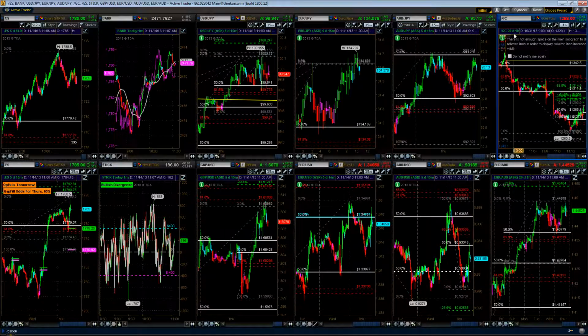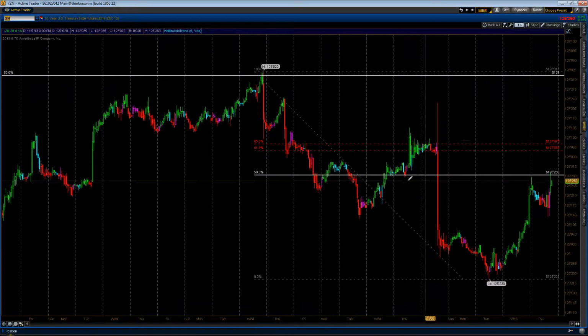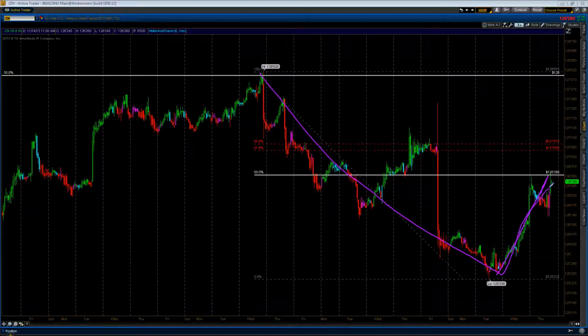For gold, let's take a look at the 10-year. Aussie Yen futures have rallied again up into their overnight last night. This is something that's important to me, is that this entire rally was basically not reflected in the dollar yen. The 10-year has rallied up into its full short. You can see the 50% short here trading. We have technical downside targets below us, and